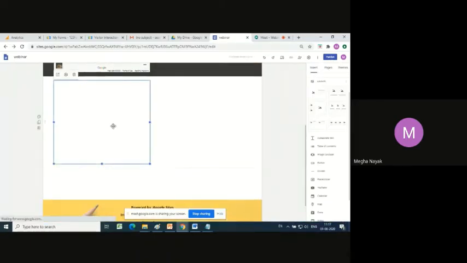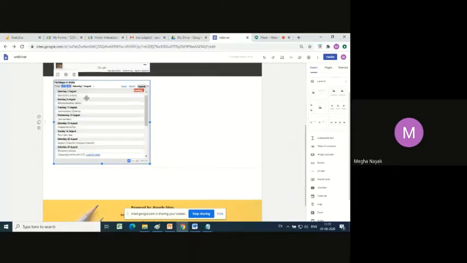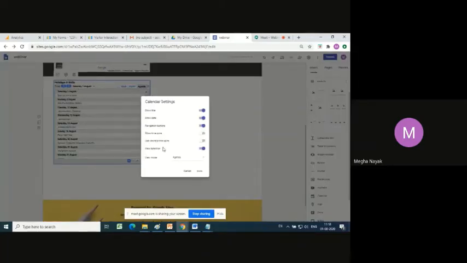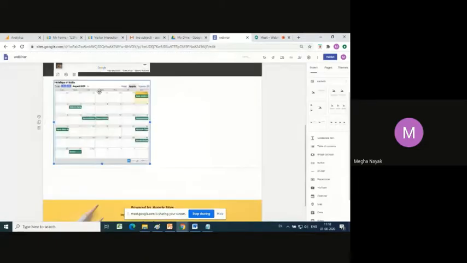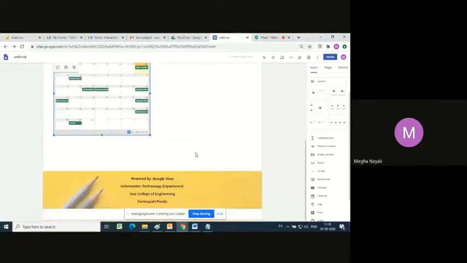Now again, when you insert a calendar, you can choose it as agenda mode, you can choose it as month mode, and you can choose it as week mode. So for that, you'll have to go in settings and select the view mode. So you can select it as month mode. The moment you select it as month mode, it changes in this particular way. Alright, so this is my Contact Us page.